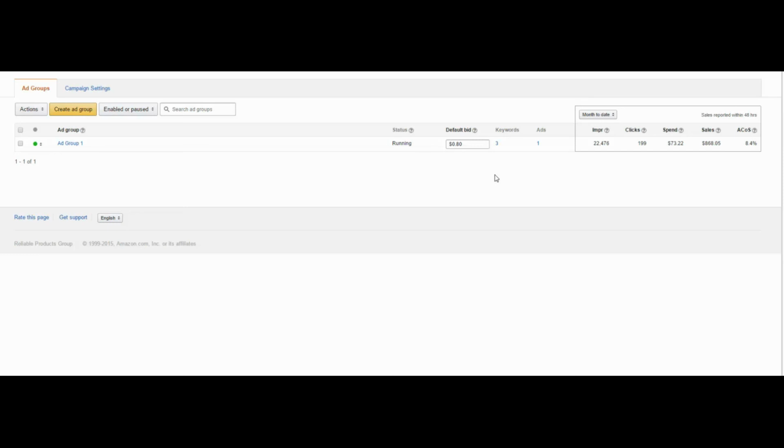So that pretty much covers it. The key is metrics. Review your metrics regularly, periodically, and you'll be able to optimize your campaign to be the most